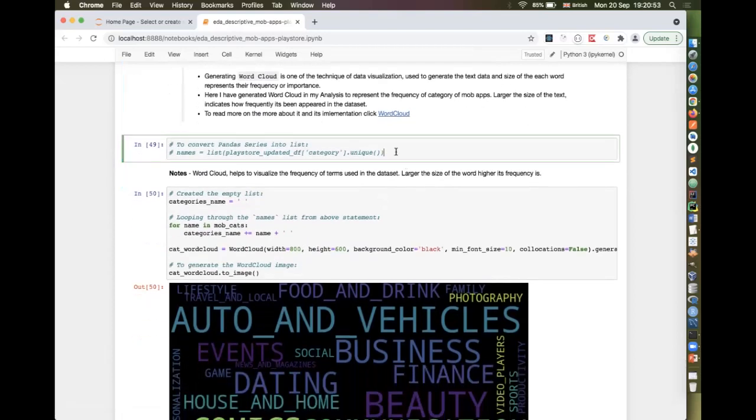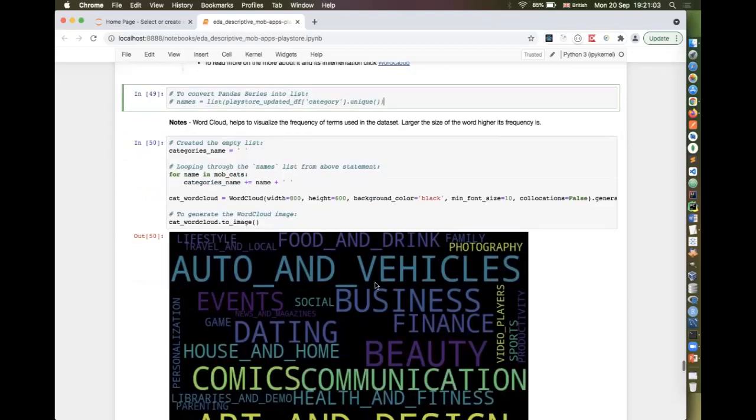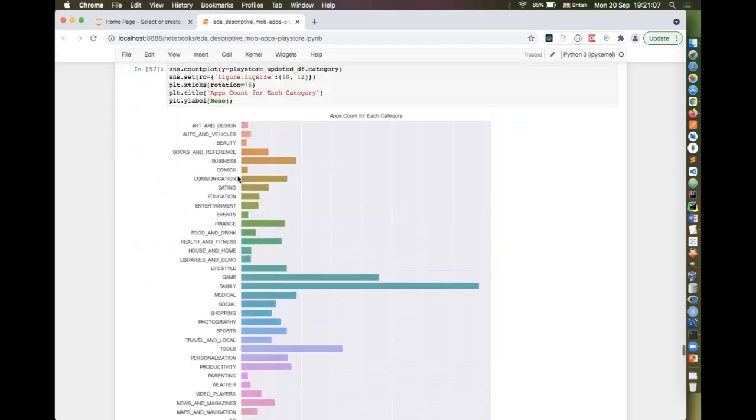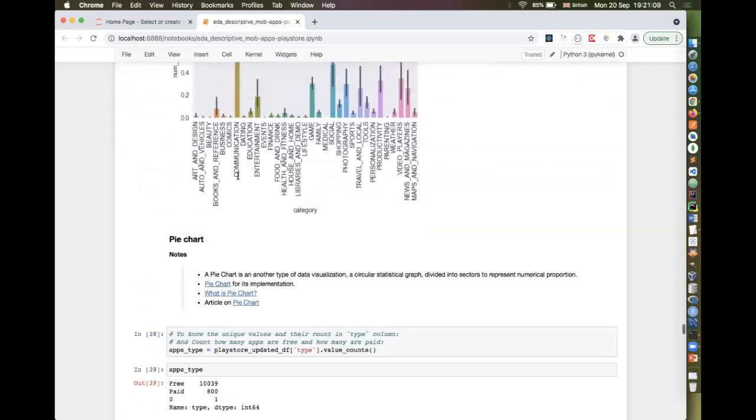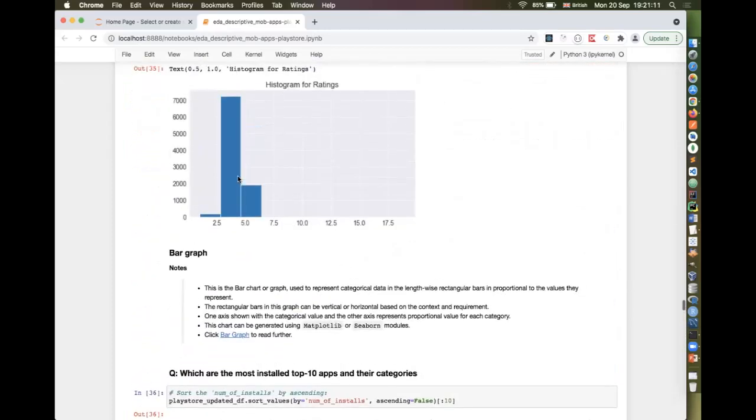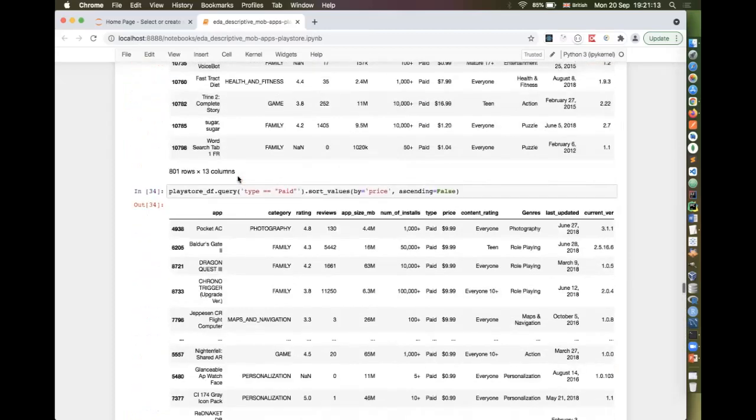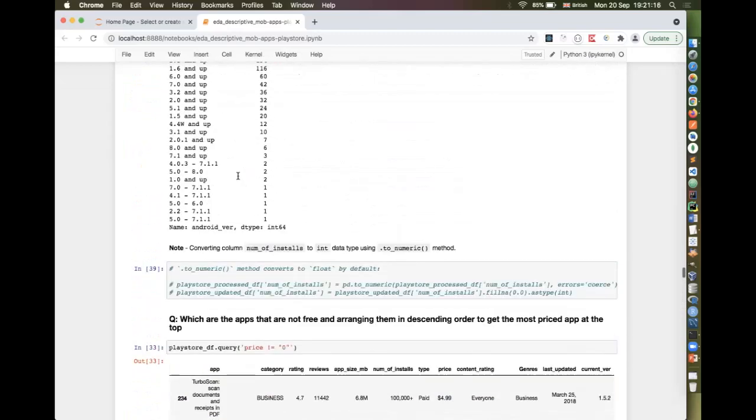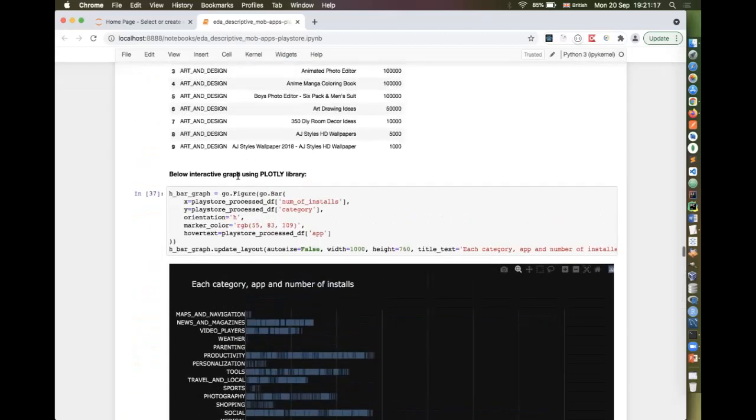And here basically I used this data frame to get the unique values of the category field and store that in names so that I can iterate through and generate the word cloud. But here I have used mobile cats from this execution for the category.